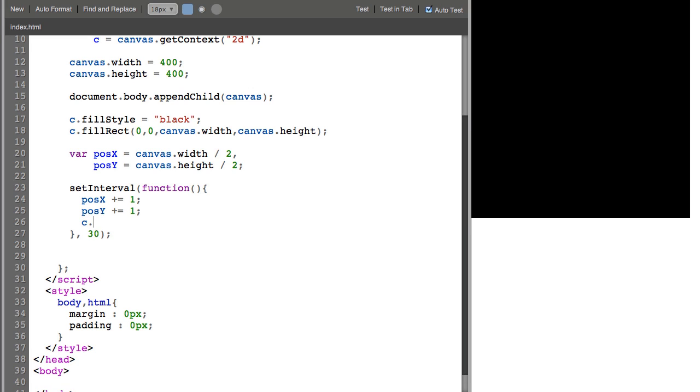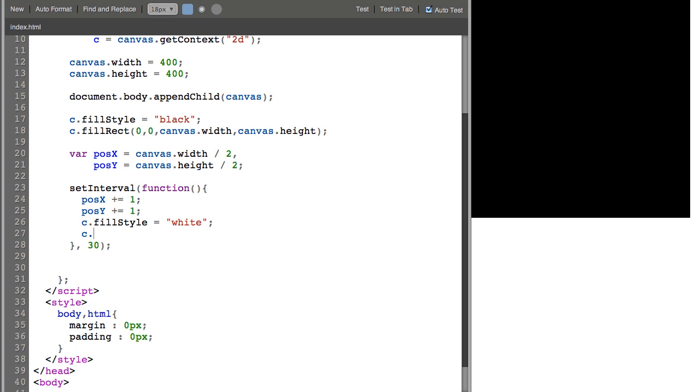I'll say C fill style equals white, fill rect based on position X and position Y. Let's make it kind of big so we can see it. And there it goes. It's just starting at the center of the screen, shooting a diagonal off the bottom of the screen. Now, it's a little hard to tell what's going on because I'm not erasing the canvas,